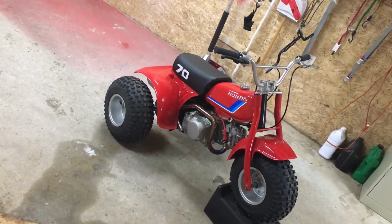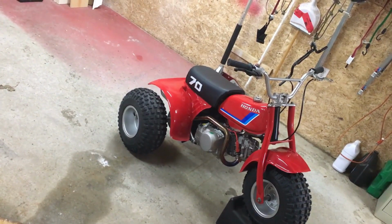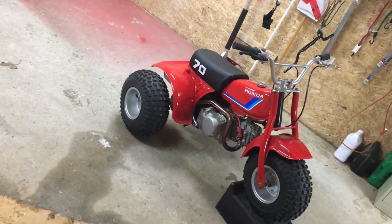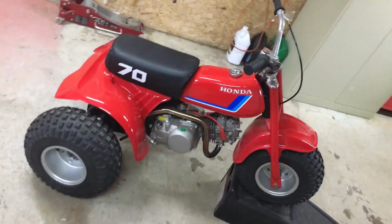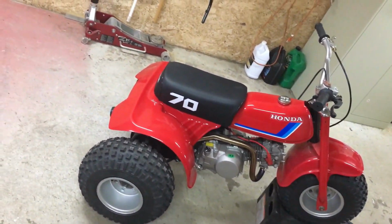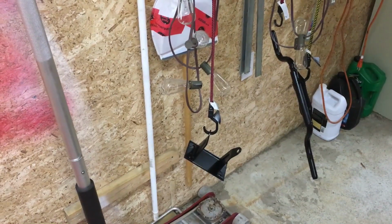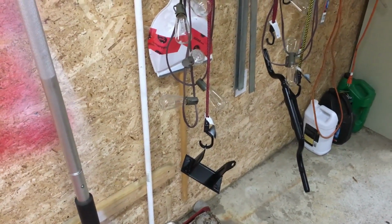So repaint, new plastics, new rubber for the wheels. Different motor because the original motor didn't come with it. You know, new seat and whatnot. So currently I'm working on, I guess, the bracket for the seat that holds the seat to the plastics, and then it holds that assembly to the frame, and also